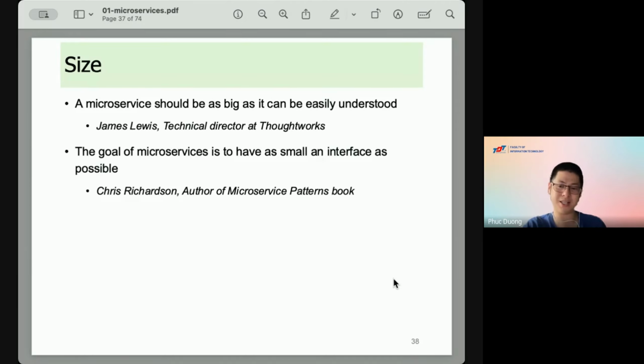For the second piece of advice, the role of a microservice is to have as small an interface as possible. Back to the last hands-on practice when you programmed the Java API, you have a get data method. It is a very simple and very small service, because it has only one job to do: return the current time of the server.